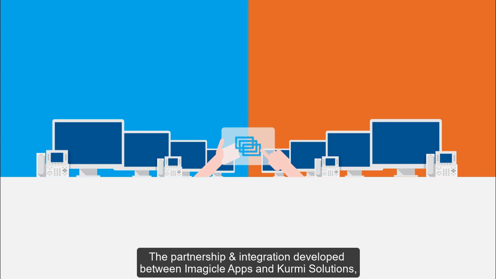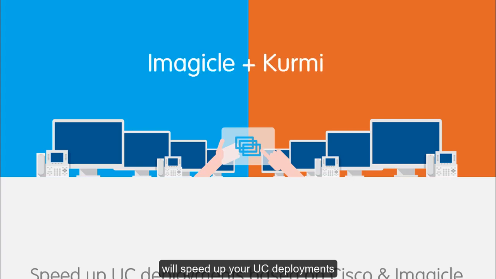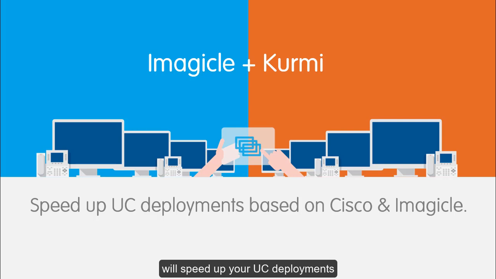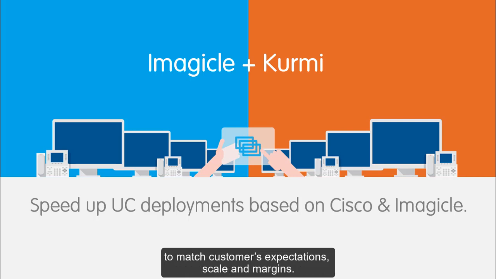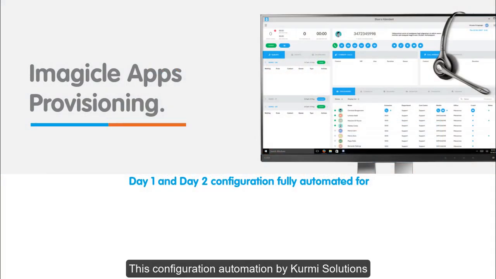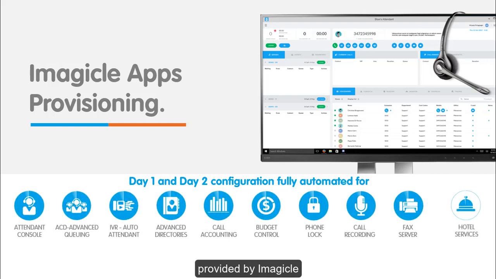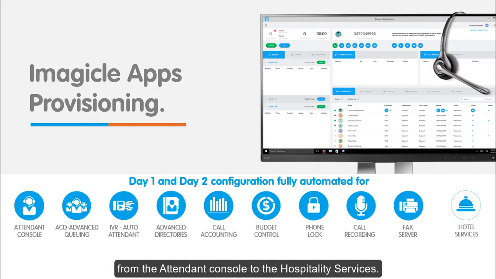The partnership and integration developed between Imagicle apps and Kurmi Solutions will speed up your UC deployments and deliver required UC apps to match customers' expectations, scale, and margins. This configuration automation by Kurmi Solutions is available for all the main apps provided by Imagicle, from the Attendant Console